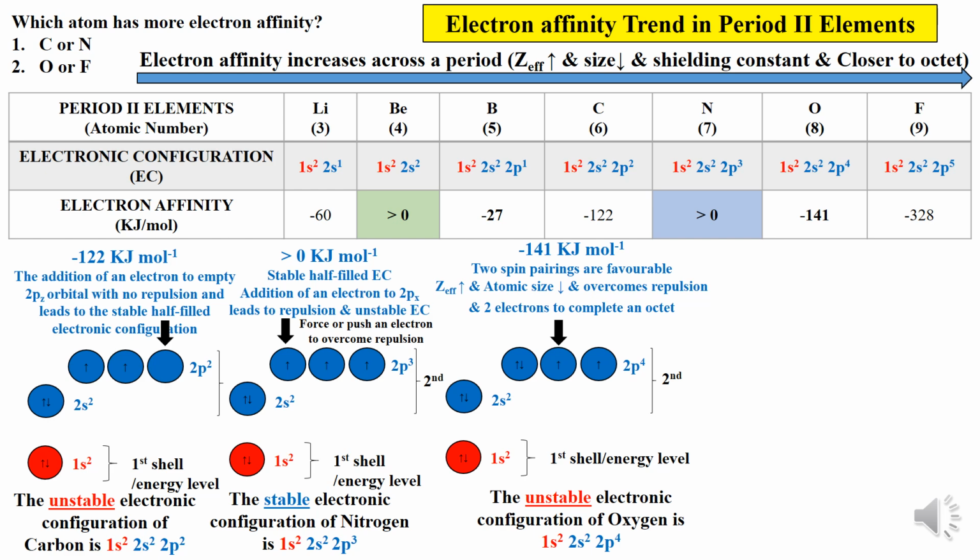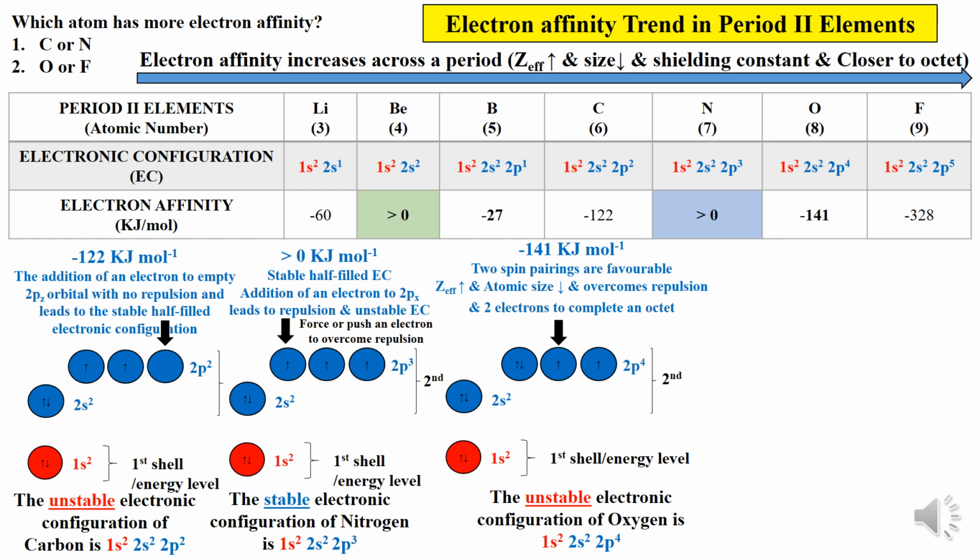And there is 2 pairing. After adding electron in the 2py orbital, there is 2 spin pairings, and this is favorable. Why is it favorable? So you may ask me, there is repulsion in 2 orbitals, 2px and 2py orbital. Yes, you are right. But this repulsion in 2 orbitals, that is 2px and 2py orbitals, is overcome or dominated by the increase in the effective nuclear charge, small atomic size,